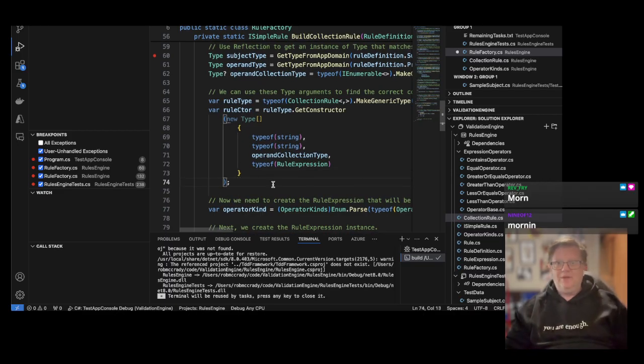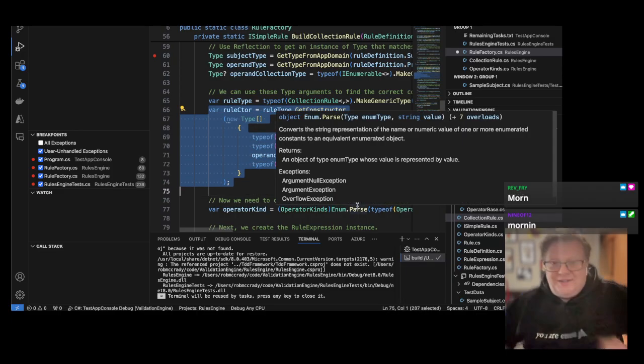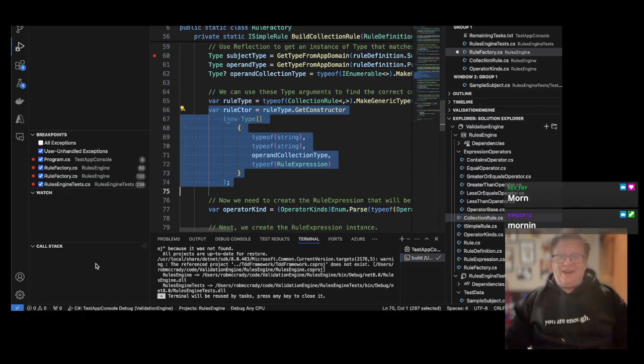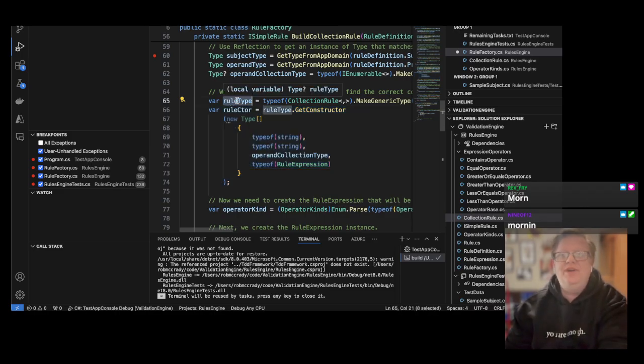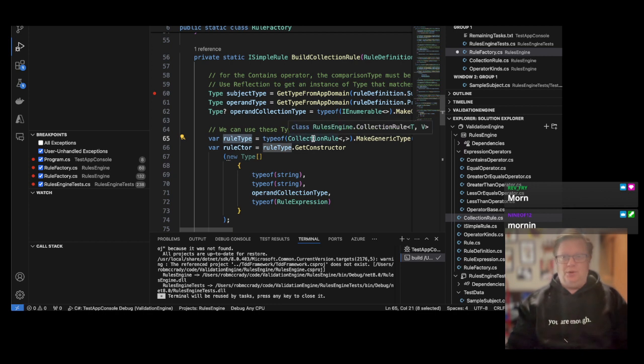There we go. So what this line of code is doing is it's actually getting the method from this type, because we don't know what the actual rule type is going to be yet because we've described it using strings. So what we need here is a collection rule that applies to